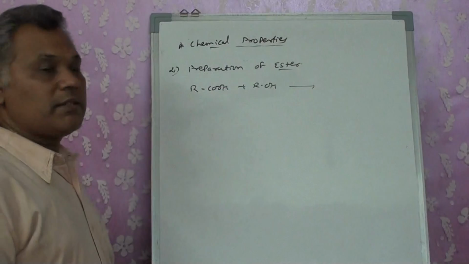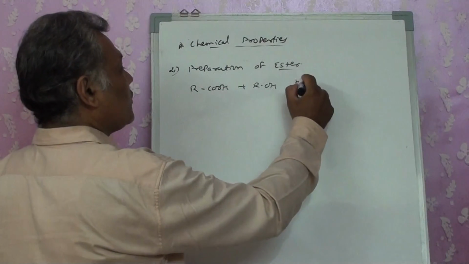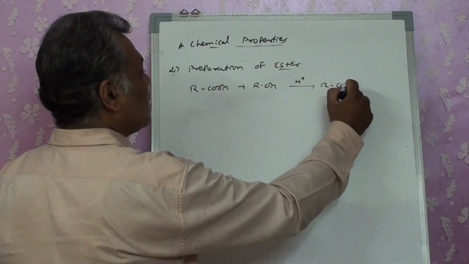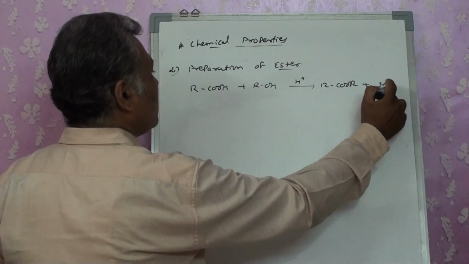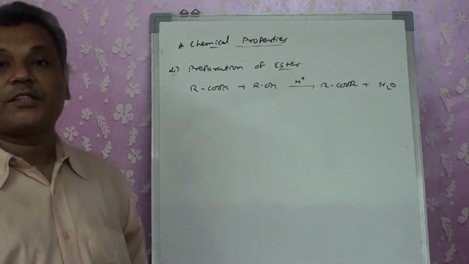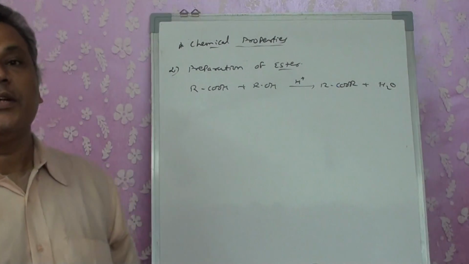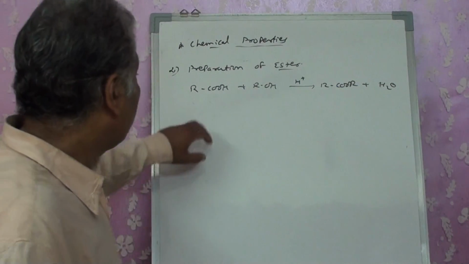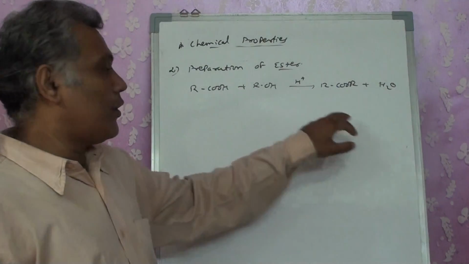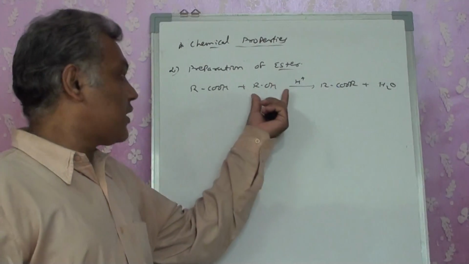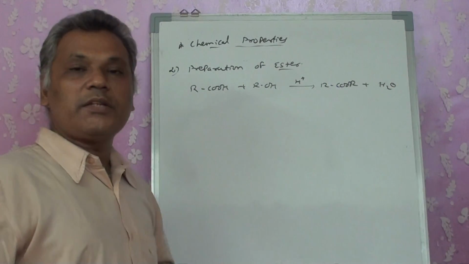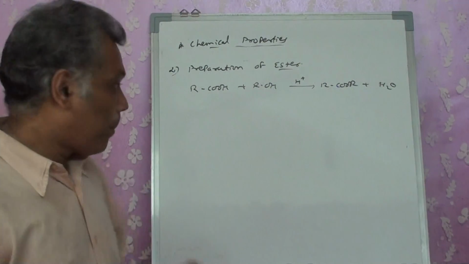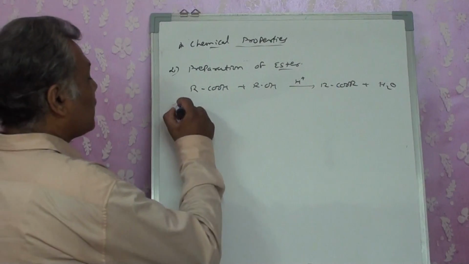Reaction of acid plus alcohol in presence of H plus gets converted into RCOOR plus H2O. This esterification is not necessarily always carried out with this component. We studied it as alcohol reacting with acid. It's also known as esterification. Okay, third reaction,